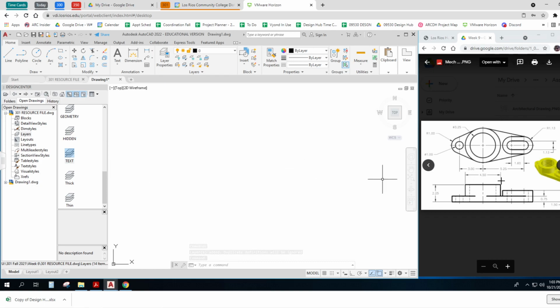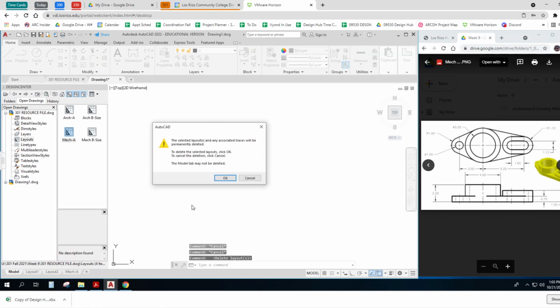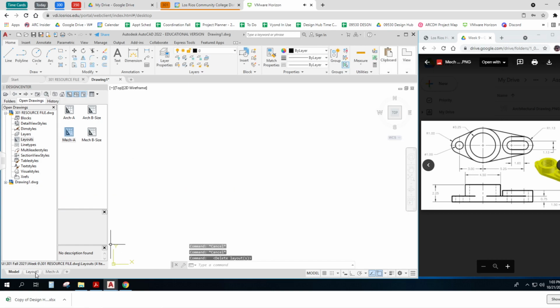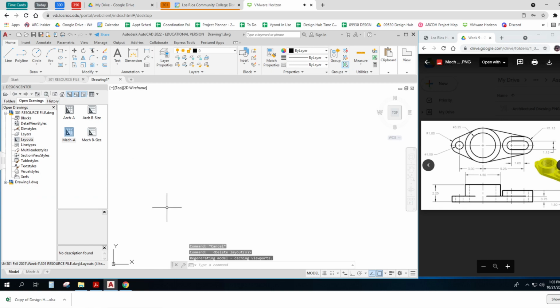And then this, I think, since it's just two views, will go on an A size sheet if I scale it. So I'm going to do that so I can show you how to do it right. So there's my mechanical A size, and I'll get rid of the other ones just because. So now I think I'm ready